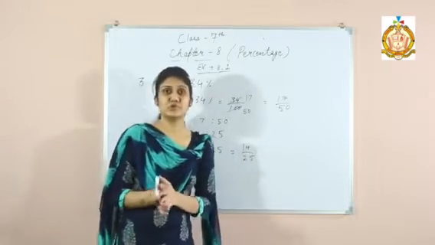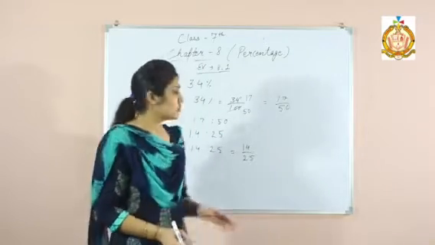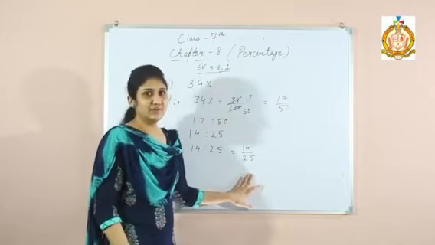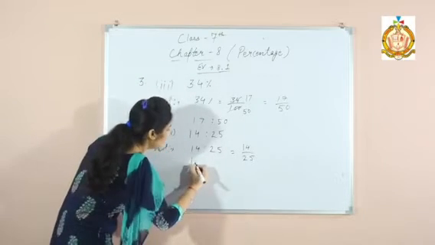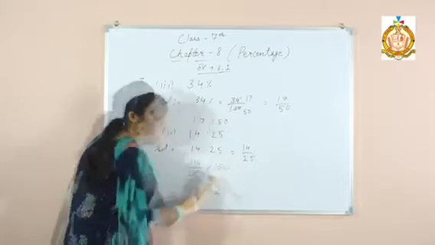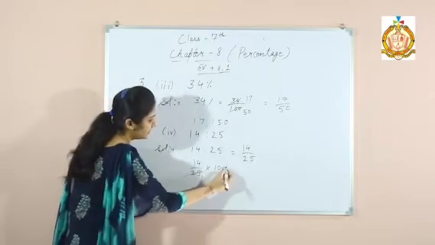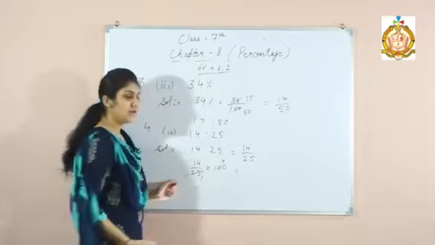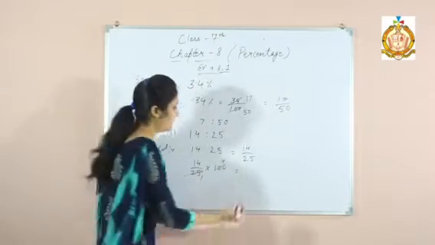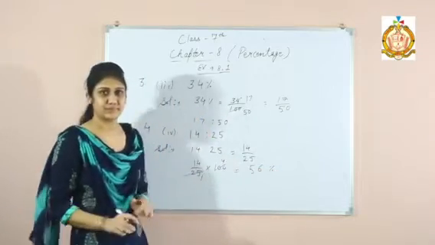Whenever we have to convert fraction into percentage, we simply multiply it by 100. So to convert it into percentage, we would multiply it with 100. So we can write 14 upon 25 into 100. Cancelling out the common terms from numerator and denominator, and after multiplication you will get the answer. 14 4s are 56. So our answer is 56%.